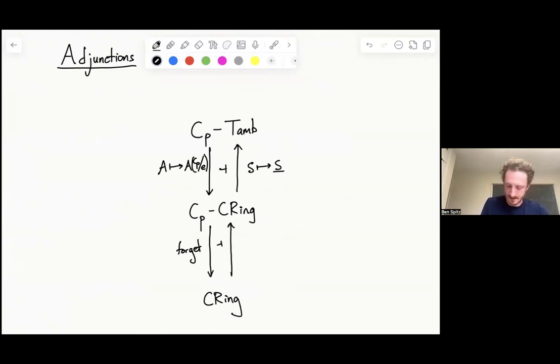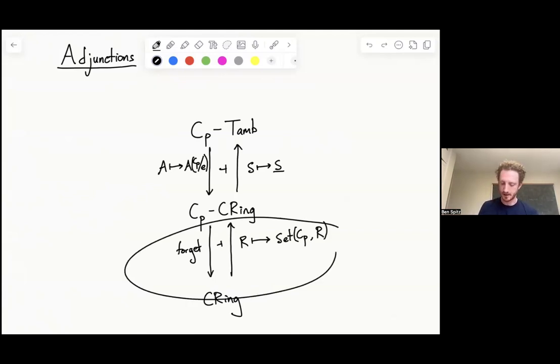And the way this goes is I take a commutative ring R and I send it to the collection of functions from CP to R. So this is just a product of P many copies of R, where CP acts by permuting the copies, is all I mean. Functions from CP to R, just arbitrary functions of sets. And then CP acts on those by acting on CP. And so this forms a commutative ring because I can multiply the elements of R, and it has a CP action because CP acts on the domain. And so that's a CP commutative ring. Nice. And that gives me an adjoint pair down here.